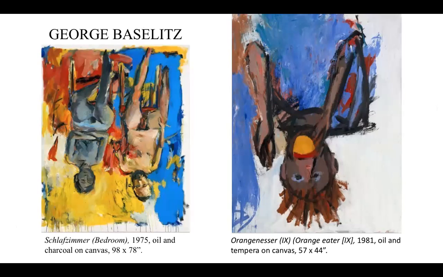After World War II in Germany, figurative painting was mainly associated with Nazi art and with socialist realist art. However, this is when there started to be a revival of German expressionism, and artists started to move back to combining the figure with gestural abstraction. So this was a German artist who started to challenge the conventional ways of figuration.